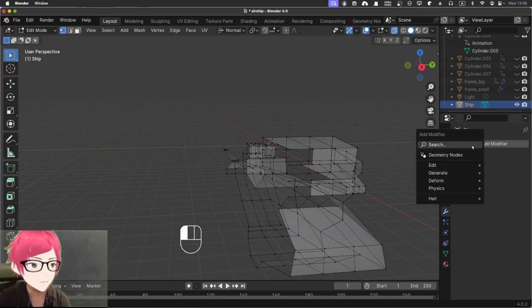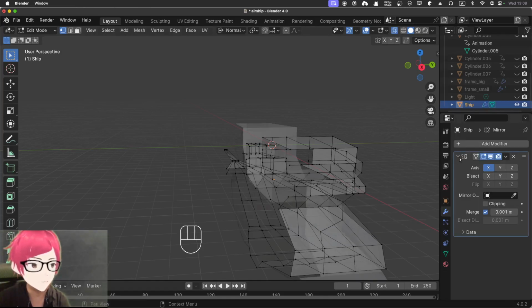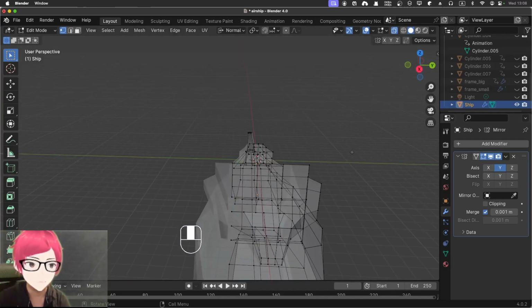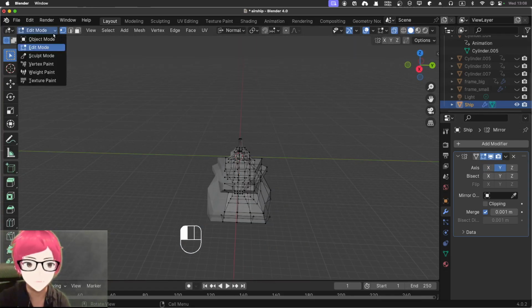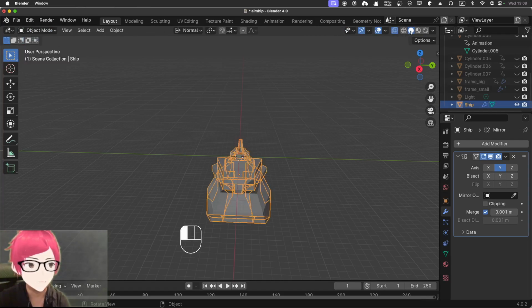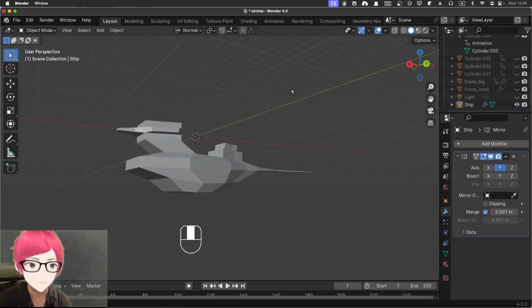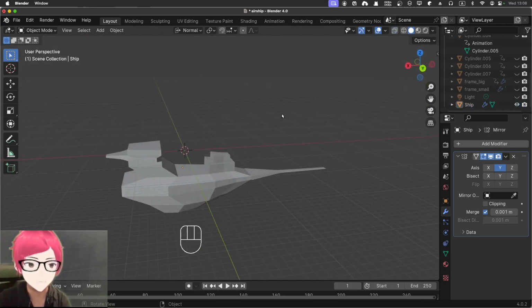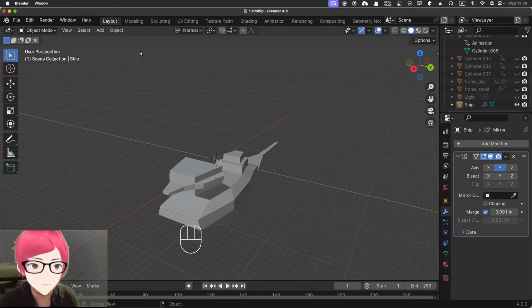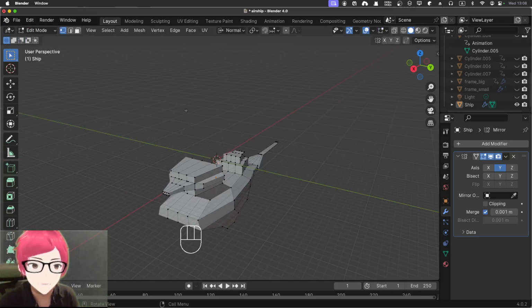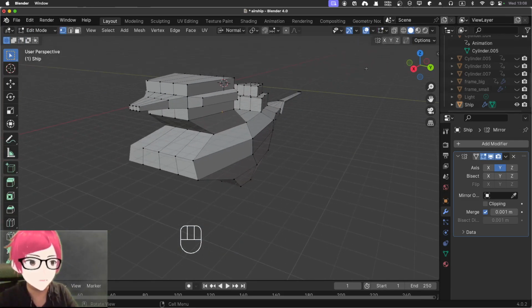And then I can add a mirror modifier that have the y-axis. Okay, so I can get approximately the same results as before, but this time we can do this modification